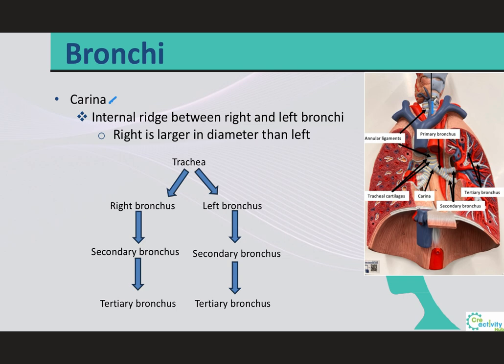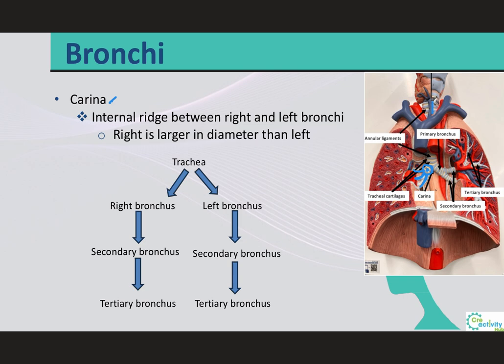But sometimes it can be a little bit confusing, as what we see over here on the right side. So this would be your right primary bronchus. Notice how it's splitting a few times. This would be your secondary bronchus. And you can't really see the tertiary bronchi on the right side. So just try to follow and see where they're splitting,